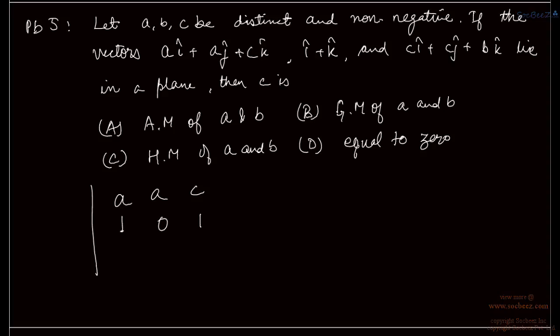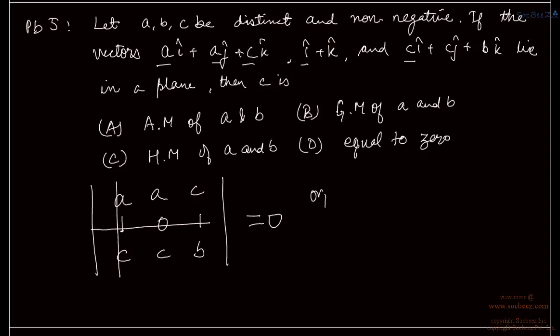1, 0, 1, coefficient A, A, C, then 1, 0, 1 and C, C, B. The determinant must be 0 because these are coplanar, so they are dependent. So from here we have,